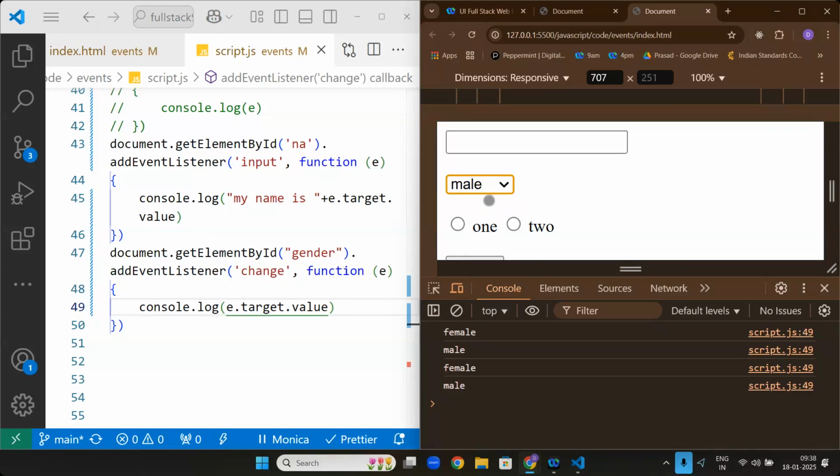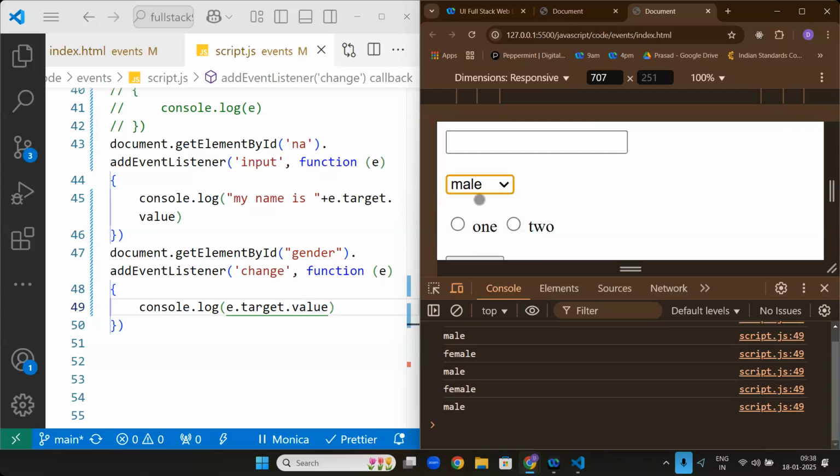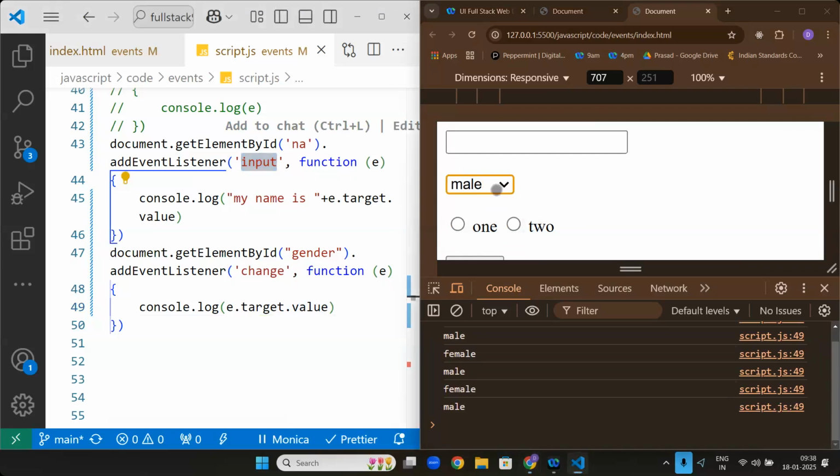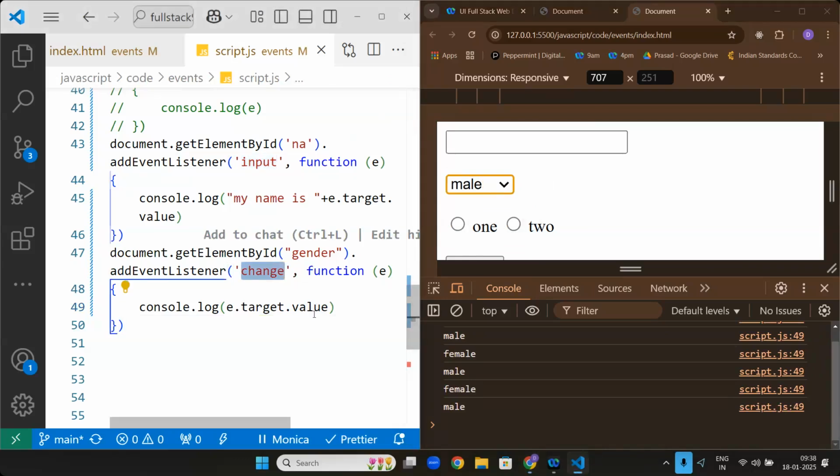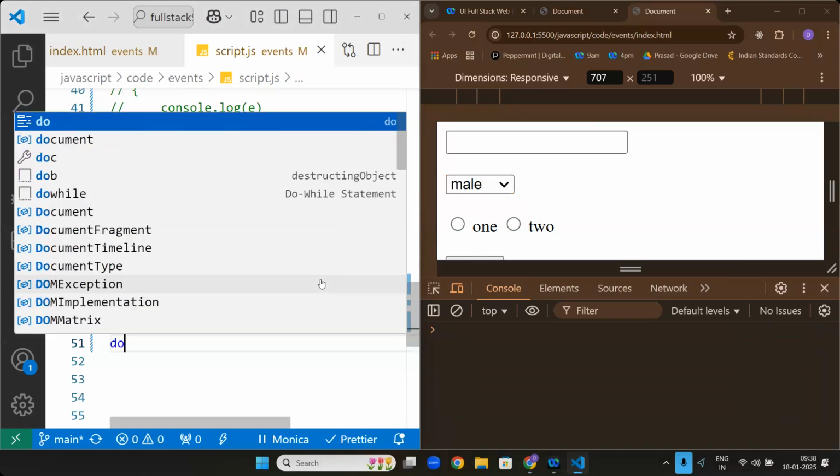The moment you are changing the value, some function is working. Earlier, when you give input, it will work. Now, if you are changing, it will work. This is on change. Next one, document dot